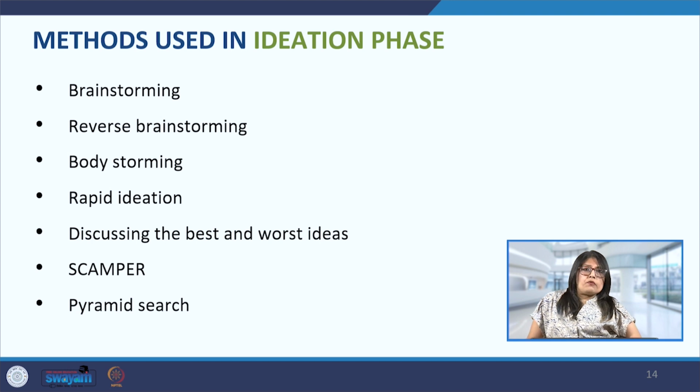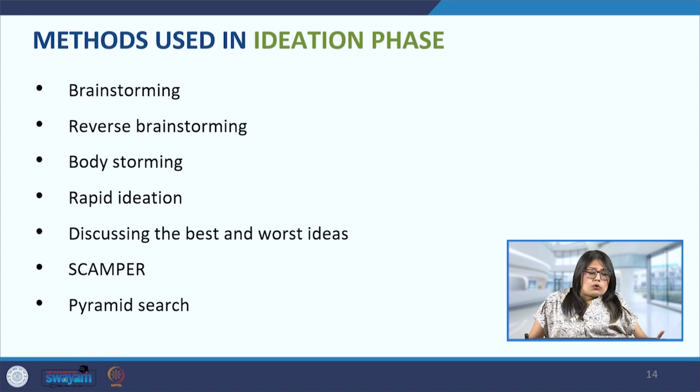Now let's look at some of the methods that are used in the ideation phase. Brainstorming is a team exercise where the team sits and comes up with different ideas in order to develop and take forward from the defined stage. Here the quantity is more important than the quality. All types of suggestions are welcome, and we have to keep an open mind and not have any kind of biases, or make any suggestion feel like it is irrelevant.